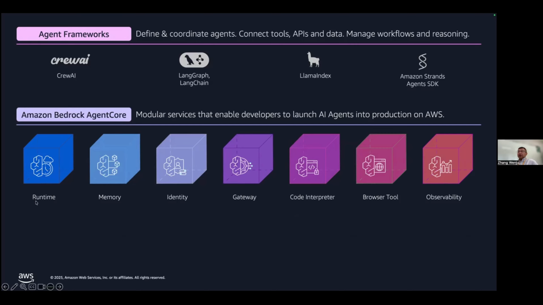And there are several components available in this managed service already. So actually, in this demo, we're just using two components. The first one is runtime. Another one is memory. What's the runtime?